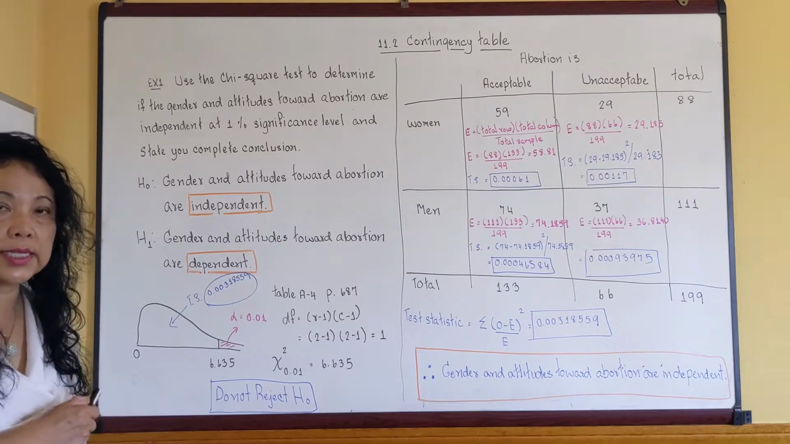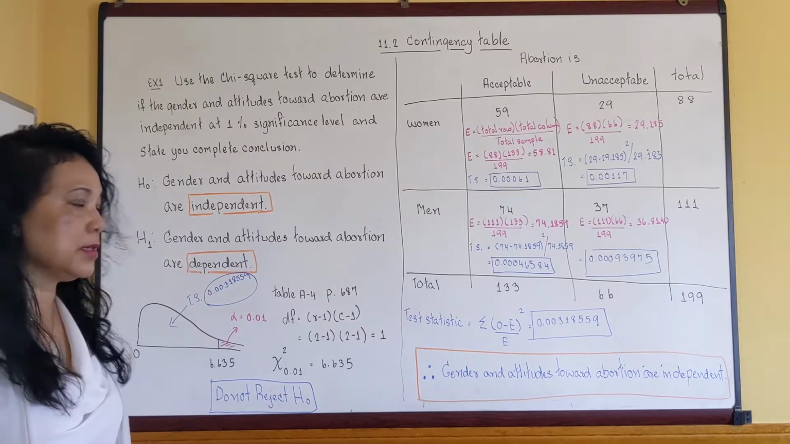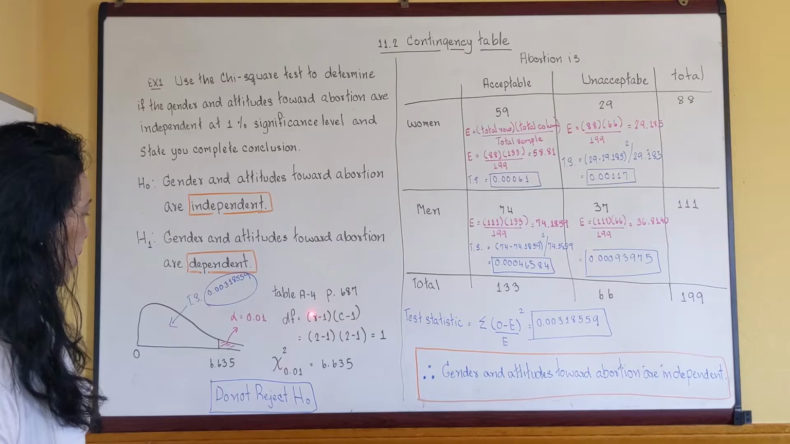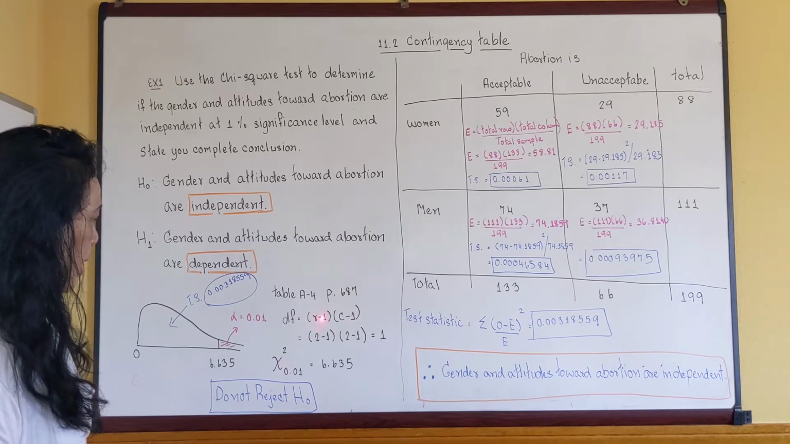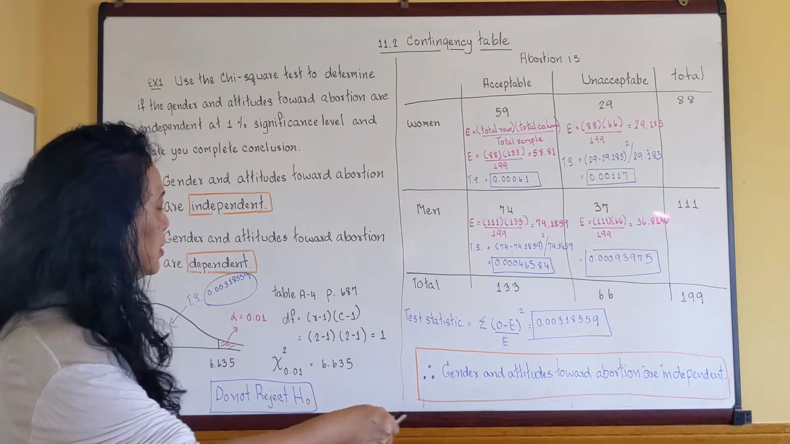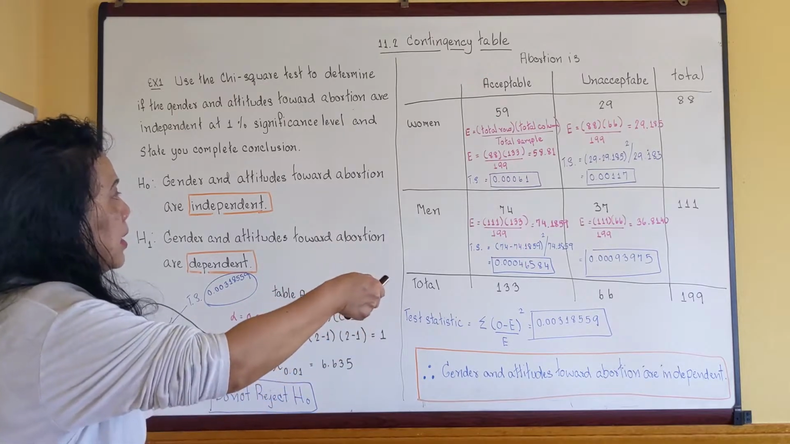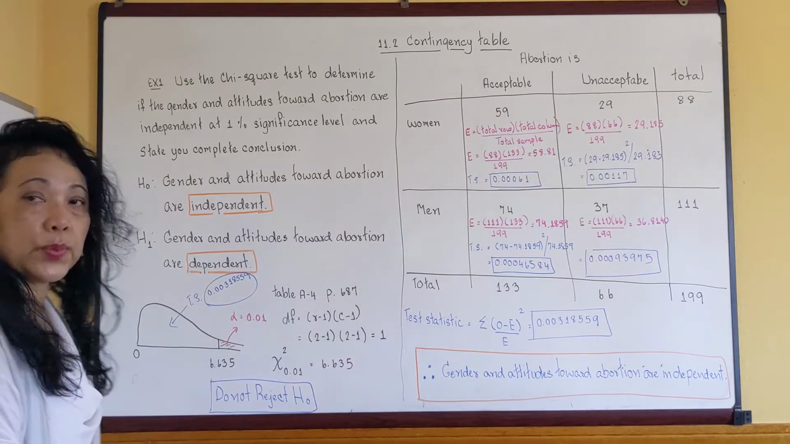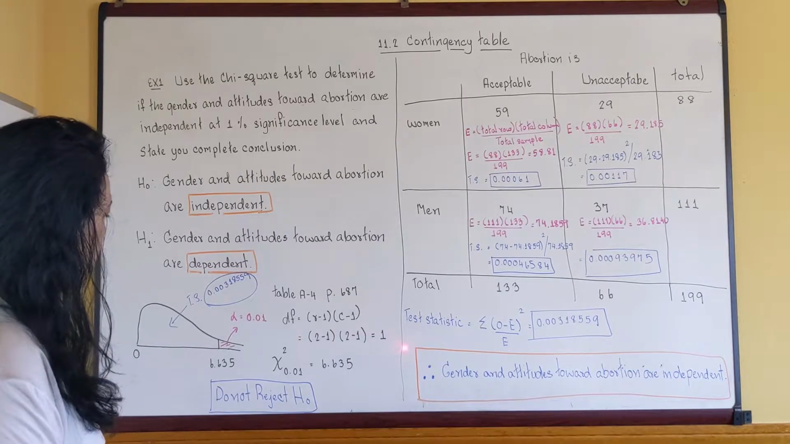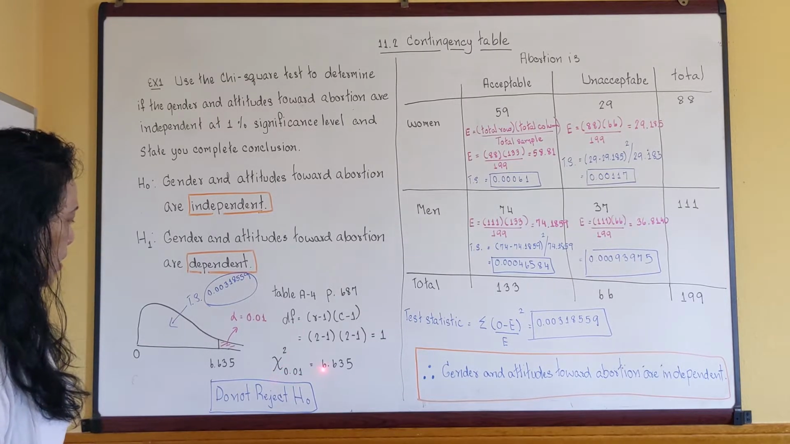You're going to use table A4 on page 687. Now your degrees of freedom will be total rows minus 1 times total columns minus 1. As you can see, I have 2 rows, so it's going to be 2 minus 1. Columns are accept and not accept, so it's 2 minus 1 as well. So 1 times 1 is 1. If you look at chi-square 0.01,